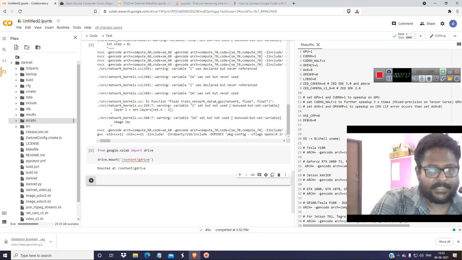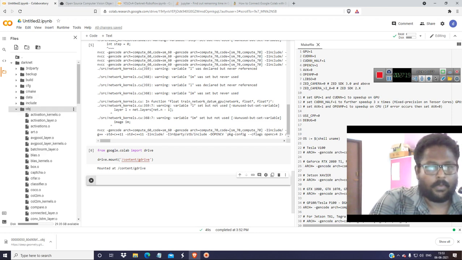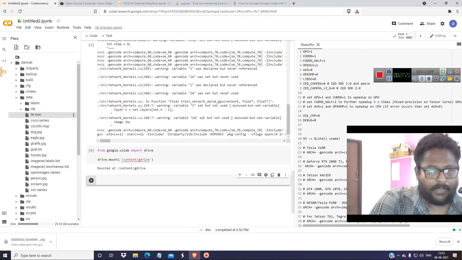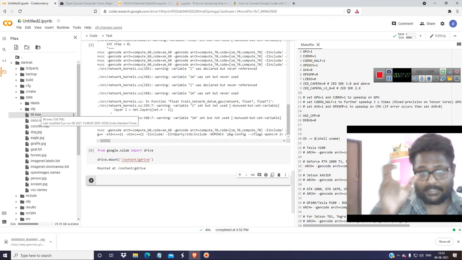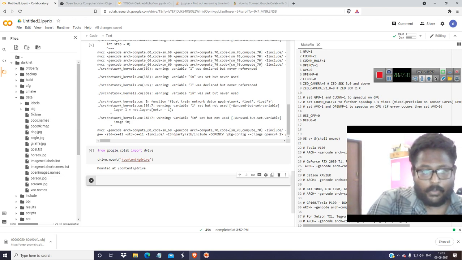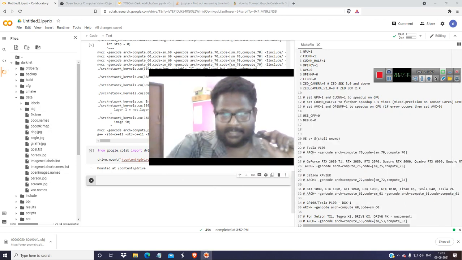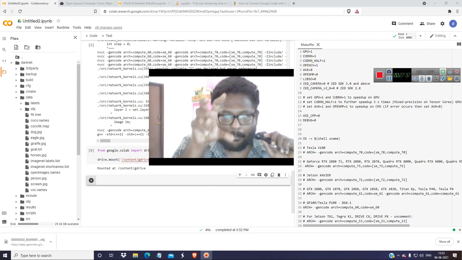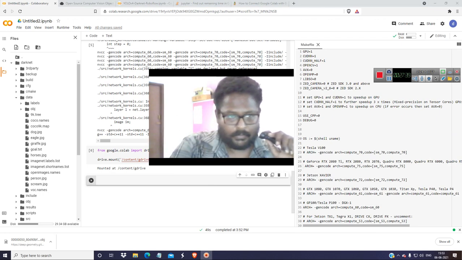So this obj is different. This is for compilation, the .o files. But here we have to make a folder called obj, and we have to copy all the files. I will tell you about the test and train and everything. We are not going to split it into test and train in that manner. We are going to use a process.py script to do that. Okay, now obj is over here.